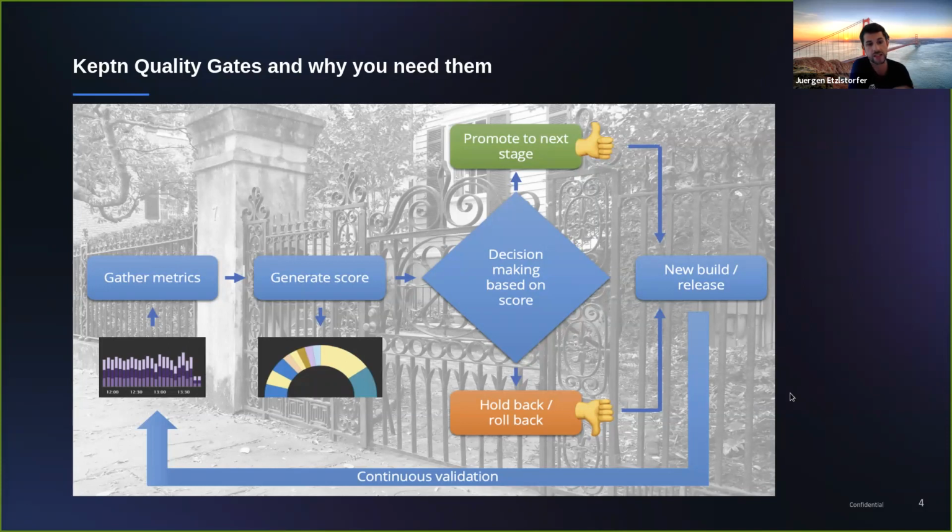With Keptn Quality Gates, they can reach out to different metric providers or different data providers automatically. They will then generate the score based on a definition file, and they will come back to you with a decision based on the score, which can be a fail or a pass. Based on this, you can then decide if you want to push it to production or hold it back. That's basically the Keptn Quality Gate. Keptn itself has more functionalities, but for today, we're only focusing on the quality gate. And from this very high-level overview, let's take a look at how it really